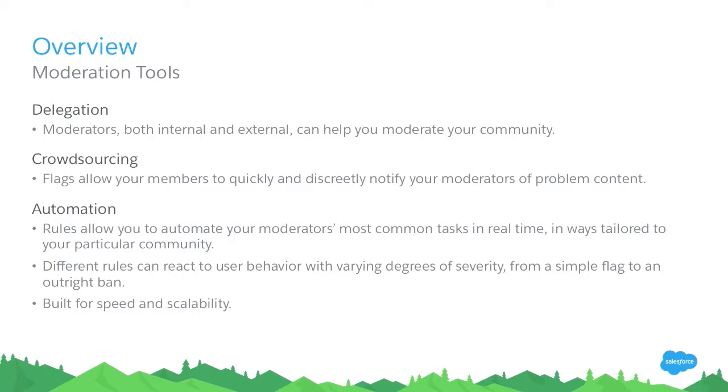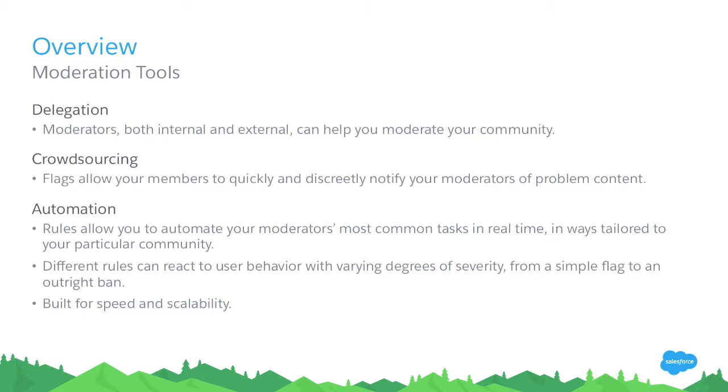Now, the internet is a colorful place, but you have friends. Today I'd like to talk about how it's possible for you to delegate responsibilities to members of your community. You can deputize members of your community to help you control the content in your community. You can also conscript the members of your community to tag or flag, more specifically, problematic content inside of your community so that it doesn't go unnoticed,